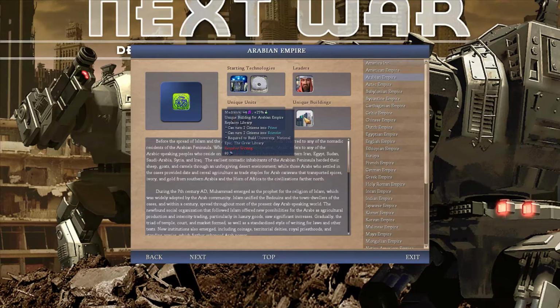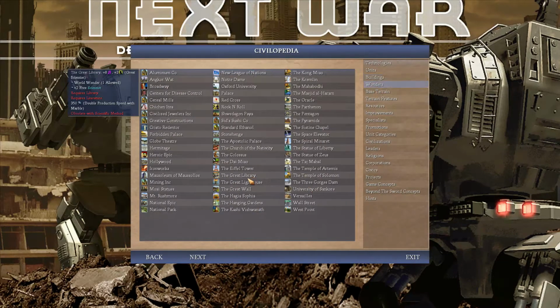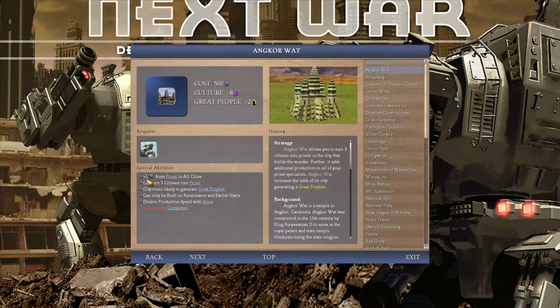Early game, especially on Marathon, you're going to be building at least some libraries, and then you can get priests out of that. If you combine this with Angkor Wat, the wonder, +1 production from priests, these turn priests into better citizens to work than engineers. Engineers give +2 production, priests give +1 gold, +1 production. With Angkor Wat, you get priests to be +2 production and +1 gold,